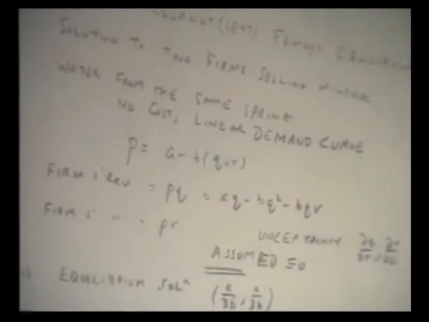So the demand curve is of this sort, A minus B, and Q and R are the production for each of the two firms, how much they want to sell. Firm 1's revenue is the demand, P times the production they have, PQ. Firm 2's revenue is P times R, their production. This is the demand here. Now what happens is Cournot gets this famous equilibrium solution, basically A over 3B, A over 3B, both firms having the same